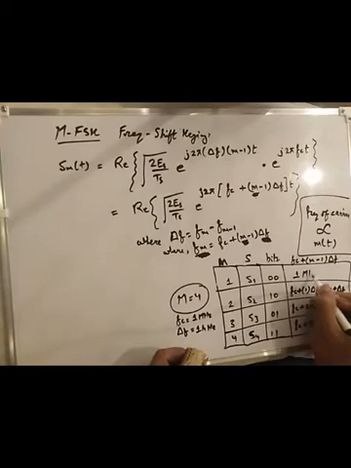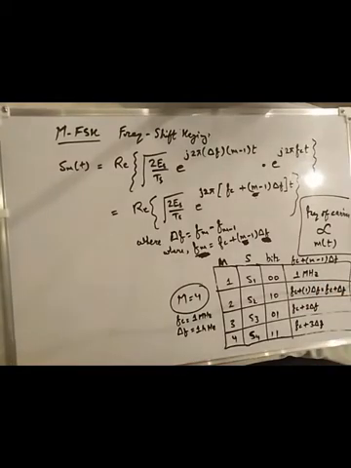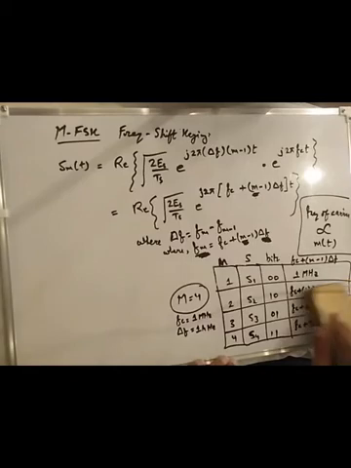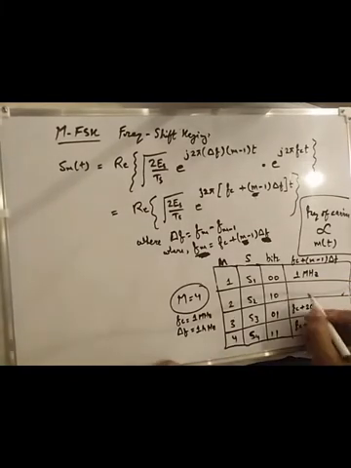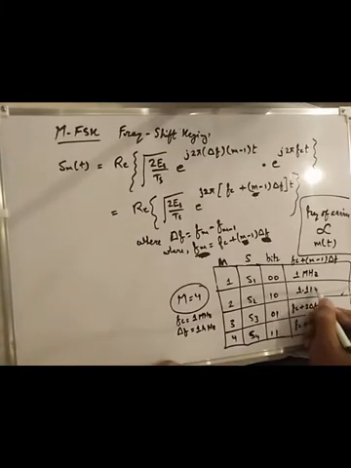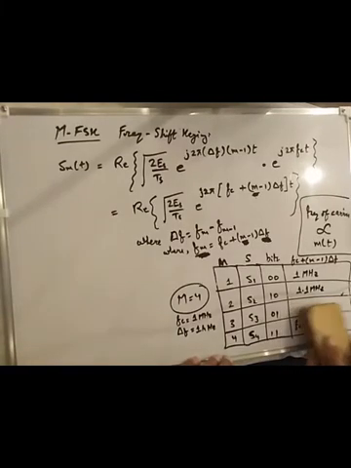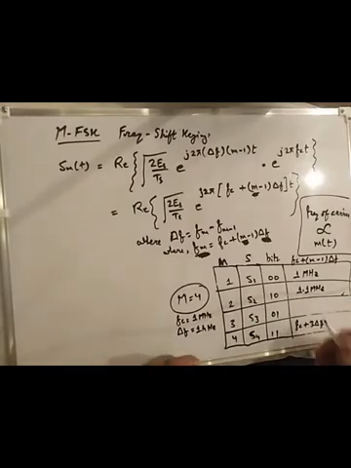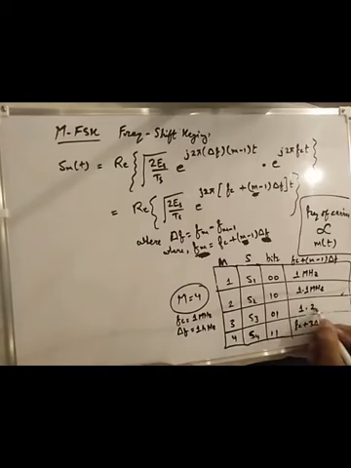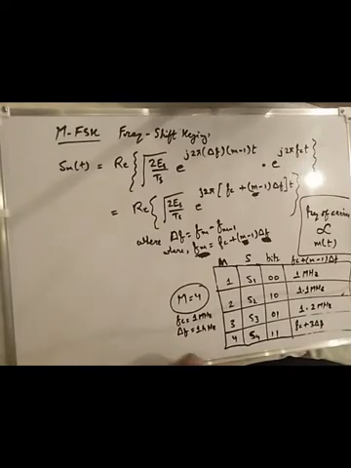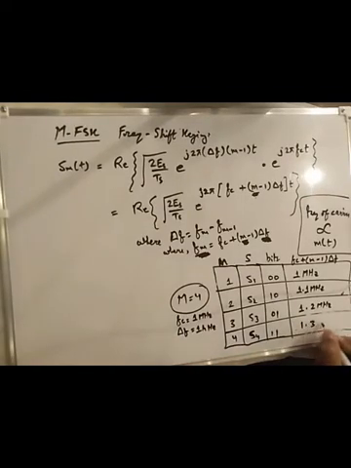Whenever you have 10 to be sent, your frequency will be FC plus 100 kilohertz, which is 1.1 megahertz, right? And likewise for the other possible message signals, 1.2 megahertz and 1.3 megahertz,